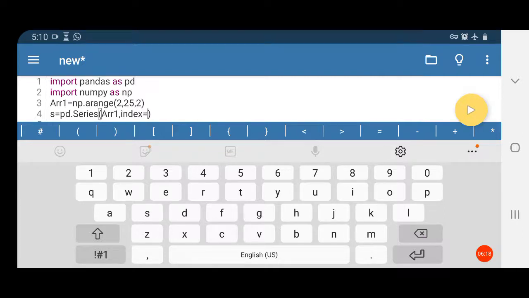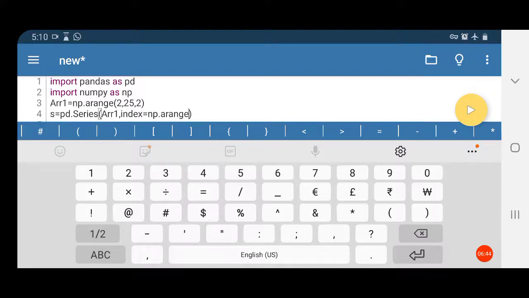So index equal to, either we can provide the index inside a list, that is in the form of 2, 4, 6, but instead of that we can use the numpy function arange, np dot arange, then in bracket 2, 25, 2.